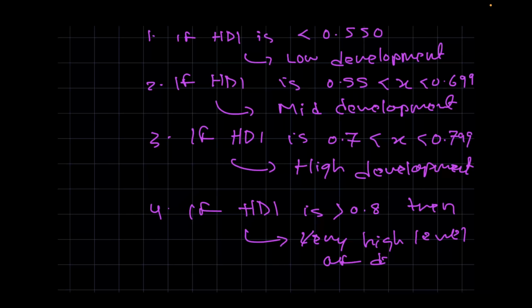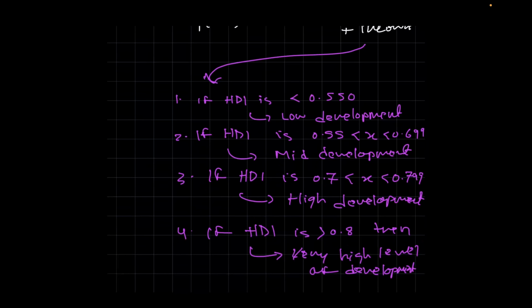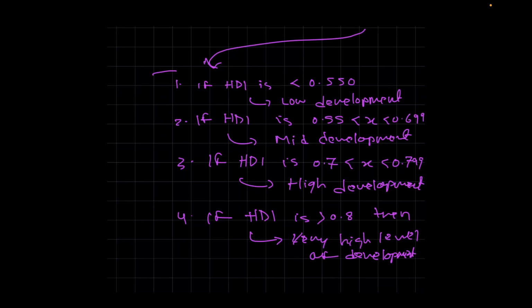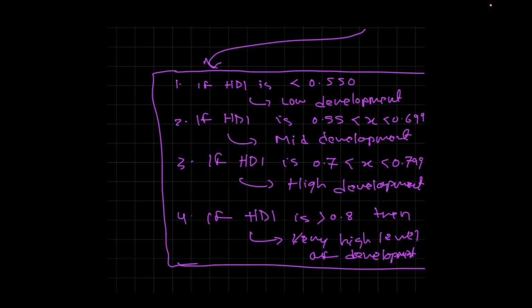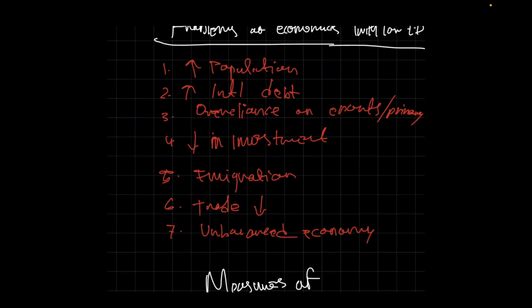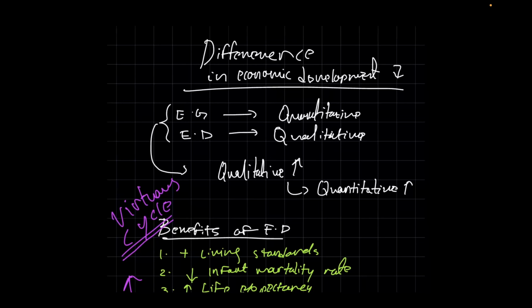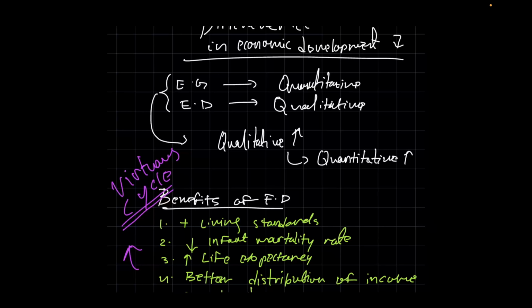So the HDI is a measure that consists of all of these three factors that are life expectancy, education, and income, and the measures of them are given in such numbers which basically show you a snapshot of what level of development the economy is under. So that is all for economic development and why different countries have different levels of economic development.